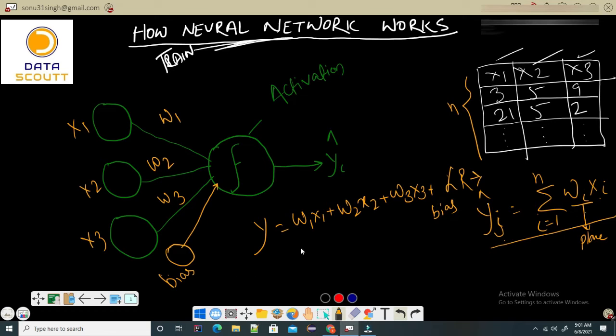Bias is nothing but a small number, any small number. So if I say the input to this activation function is nothing but my y, right? The summation of w1 x1 plus the rest is what goes as input to an activation function, and then what output comes.